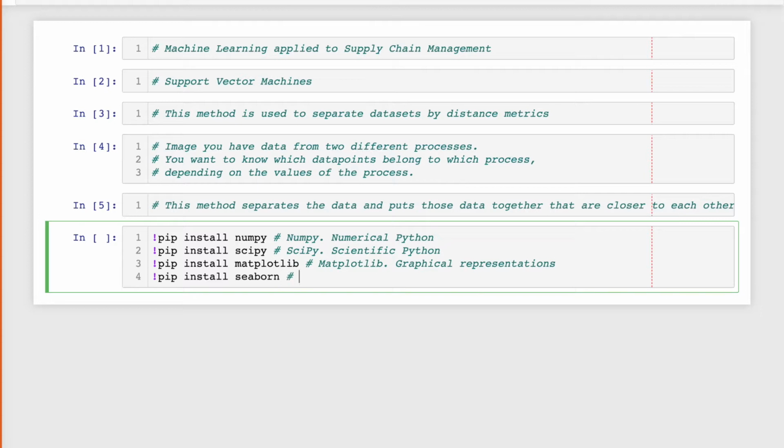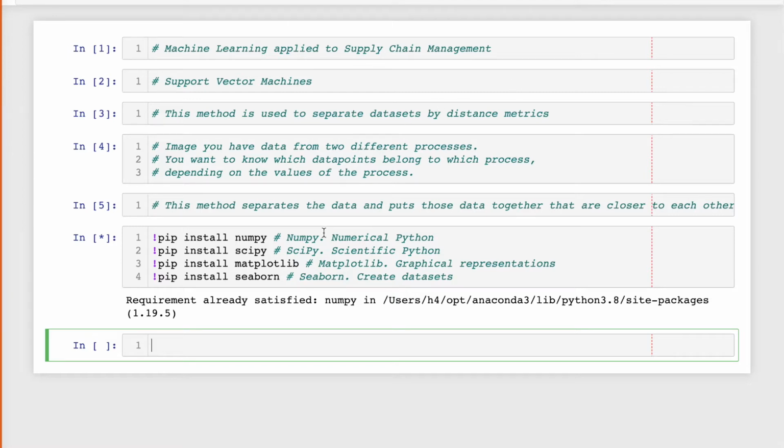And Seaborn is a program that is used to create graphical representation plus create datasets and represent them. So I press Shift Enter,